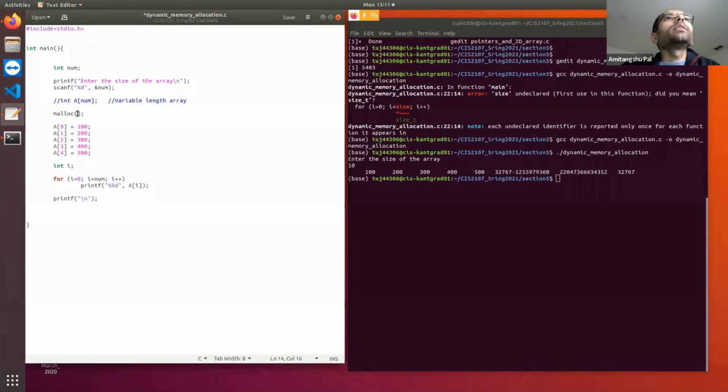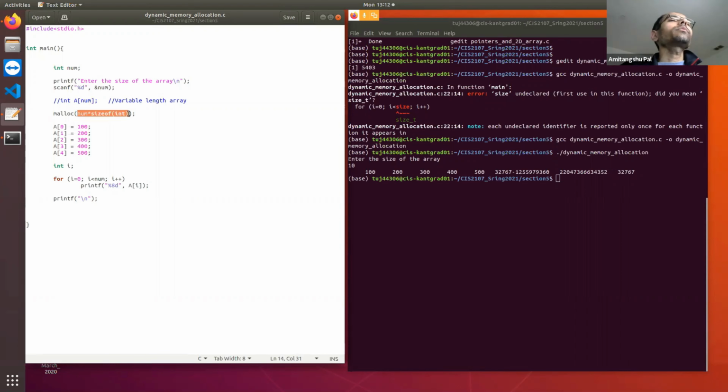So how many bytes do I need to allocate for storing num number of integers? It is num into sizeof integer. Size of integer in our machine is 4. So you can also write 4 into num, but for general purposes, I'm writing num into sizeof integer.